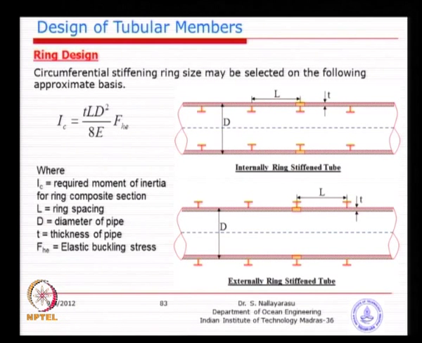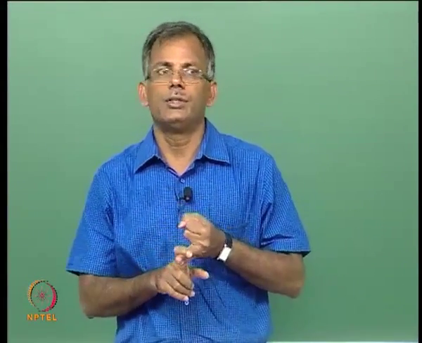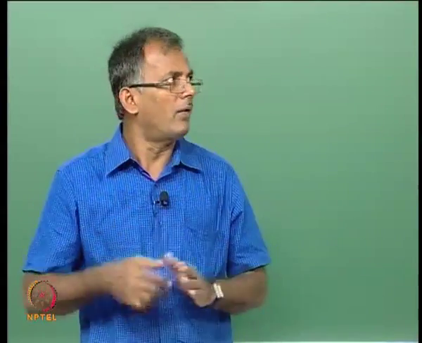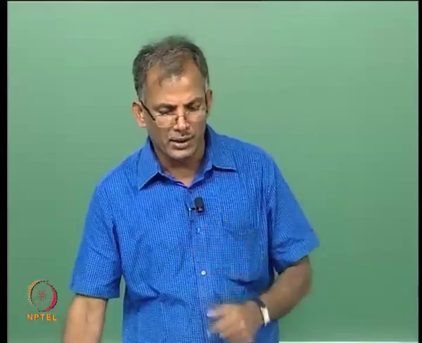It does not help in any other load transfer, especially axial and bending, because it is only discrete rings provided to prevent the local collapse. So, if you are thinking of applying more axial load, then you should actually increase the wall thickness. Remember, the rings cannot help you in bending, axial stress, or shear stress, because shear can happen in any direction, at any location. So, you should not get it in your mind that I will provide rings and I can carry more axial load or bending. This is only for preventing the local collapse of the wall, purely for that purpose, and does not help in any other form.